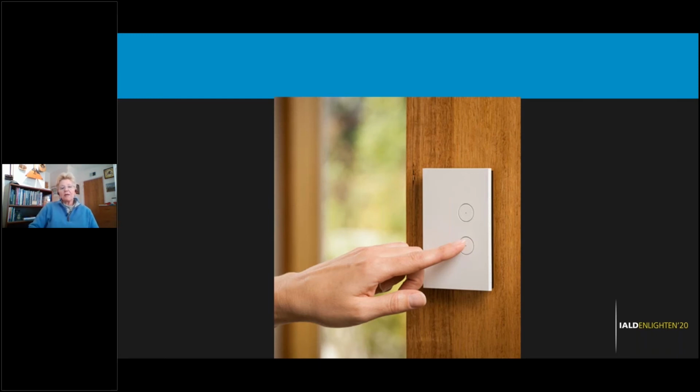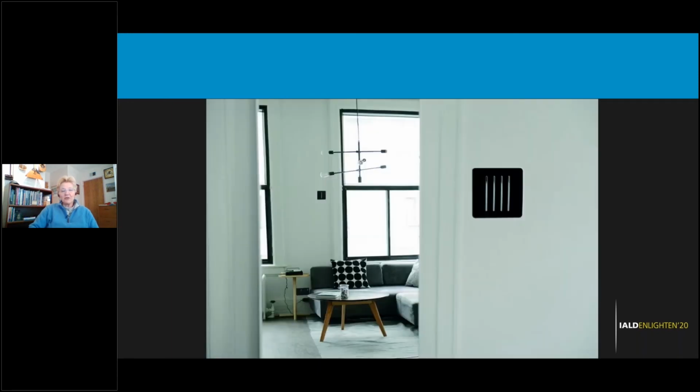But in this case, somebody probably wanted this for the marketing literature. They wanted this to show a little bit more carefully, so they chose to put a white device on a wood wall. But I found this to be very interesting. This is a unique device for control, and there were a lot of interesting black accent elements in this scene.